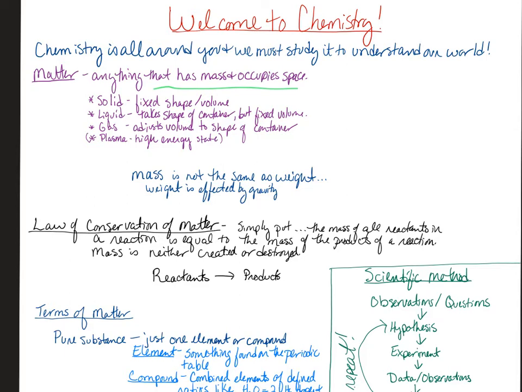As you may know, there are several different forms of matter. We have things that are solid. These have fixed shape and volume. Things that are liquid take on the shape of their container, but they have a fixed volume. They're not going to expand so much at a given temperature. And then we have gases, and gases will adjust to the volume and shape of the container. There's another form of matter that we may not talk about as much, and that's called plasma. That's a high energy state, and it's kind of cool because it can take part in your TV in a way.